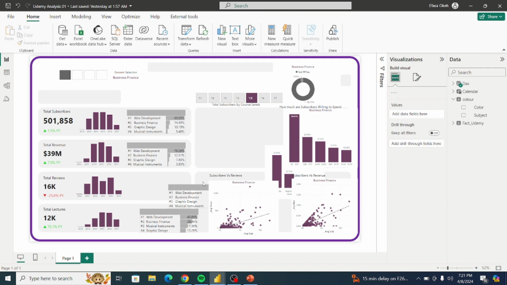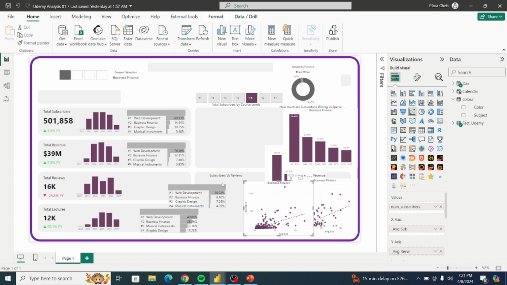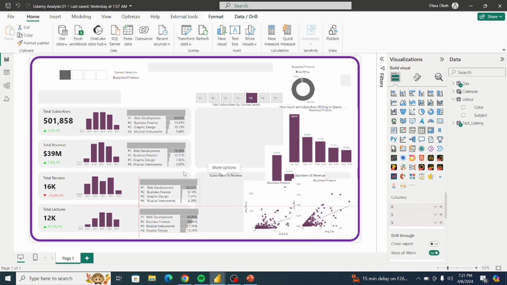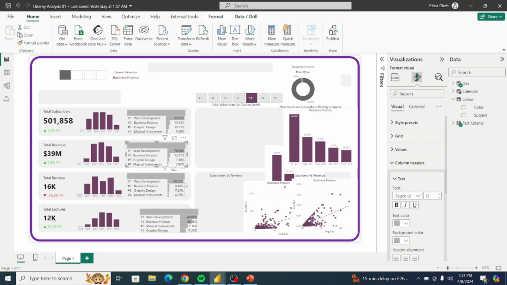Great. Finally, we need the matrix table for the lectures. I'll pick this. Remember that I probably need to come to format and say column headers, reduce the size. It's 12 already, so it's fine. This is 12, so this is 12 also. It's fine. So finally, I'll take the table for